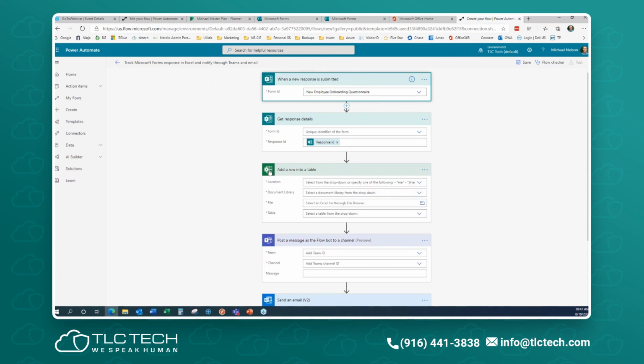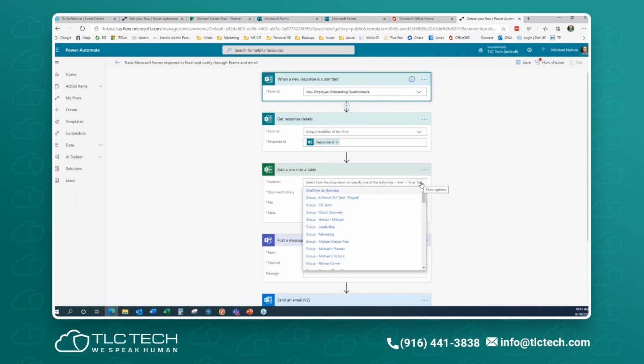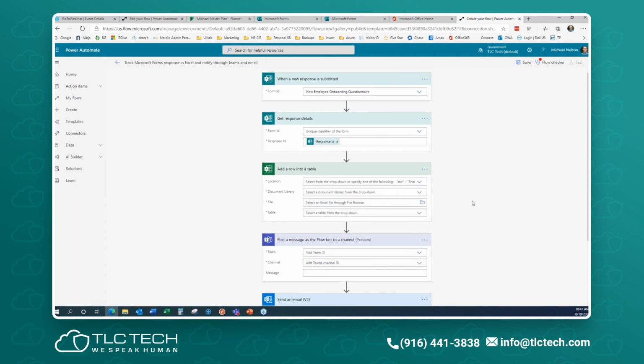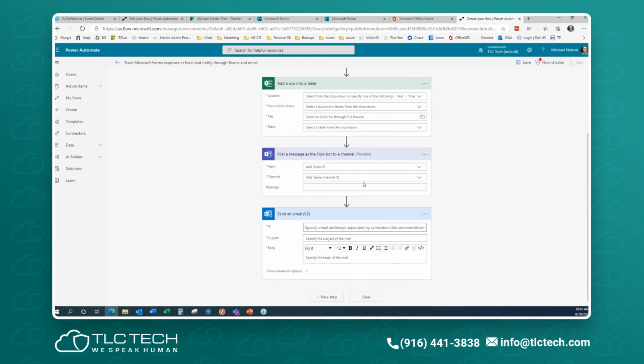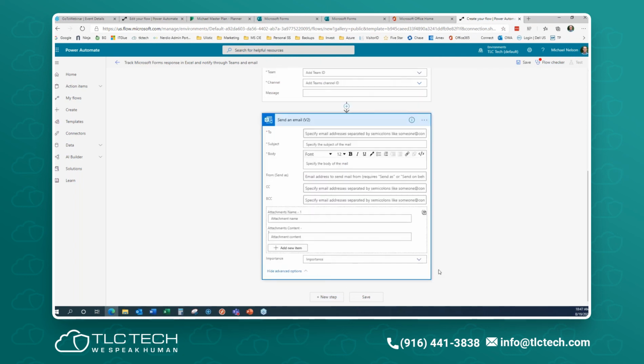Now, this was saying tie it to an Excel sheet. I'd have to go in and tell it where it is. So not to go through all of this, but you do have to input some of the information. You don't have to get into the hardcore programming language on that side of it. So a lot of these are fairly easy to fill out, but some of them, no ifs, ands, or buts, are going to require somebody that knows a little bit on the programming side.